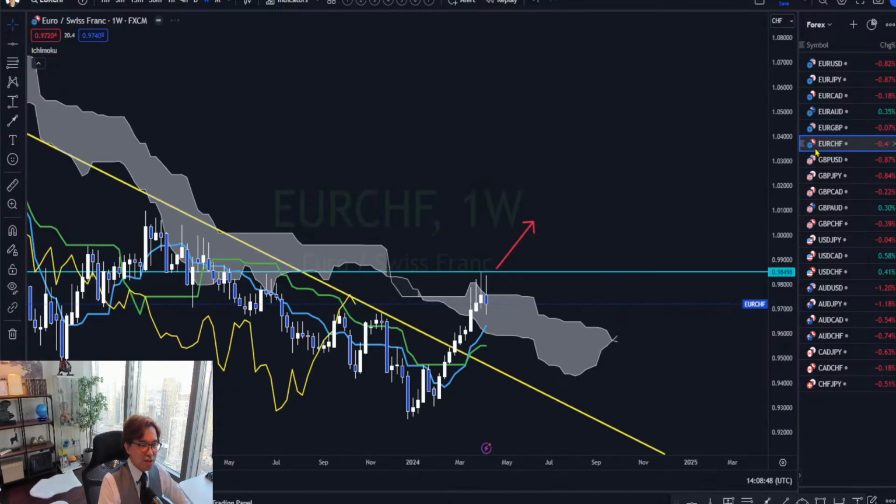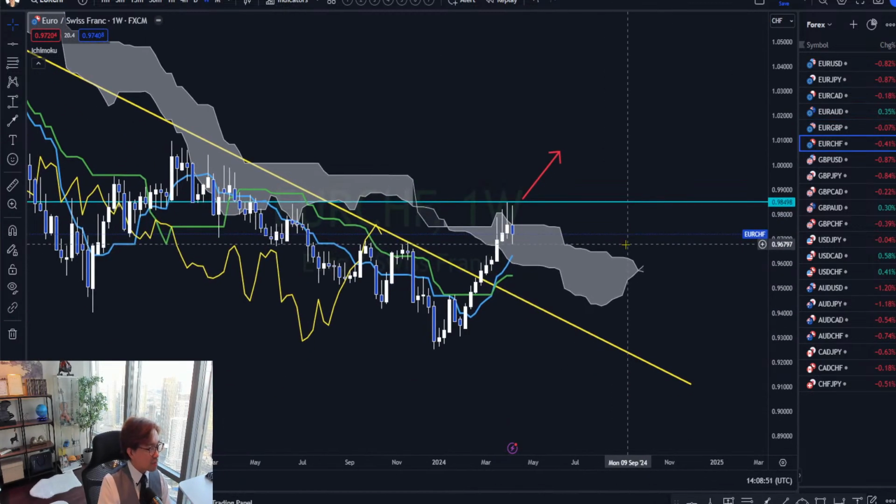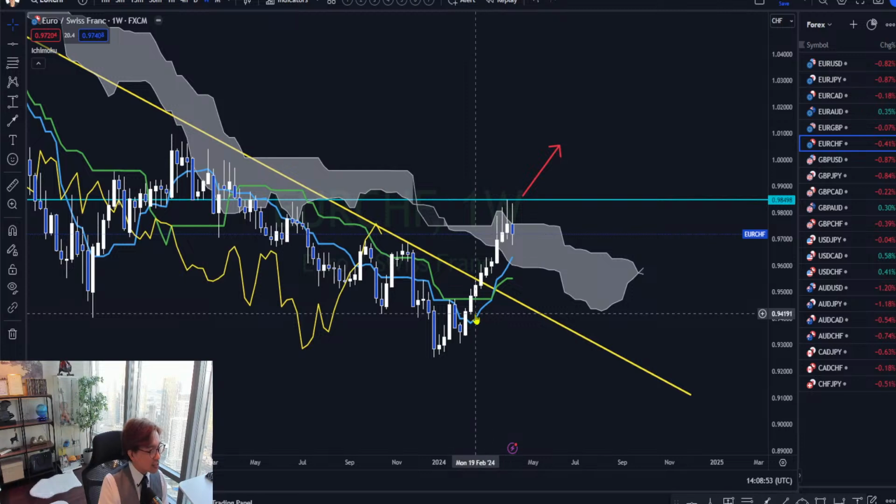And next is Euro Swiss franc. Euro Swiss franc has been bullish for the last few months, but last week was bearish. It was resisted by the previous resistance level 0.9849. So as I mentioned on last week's forecast also, I'm still waiting for the breakout of that resistance to